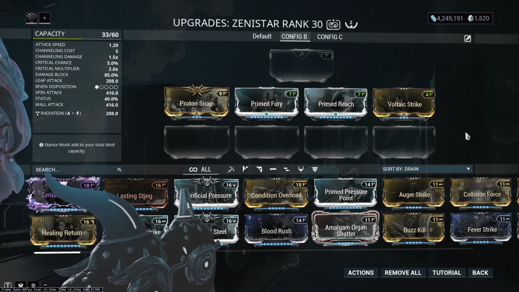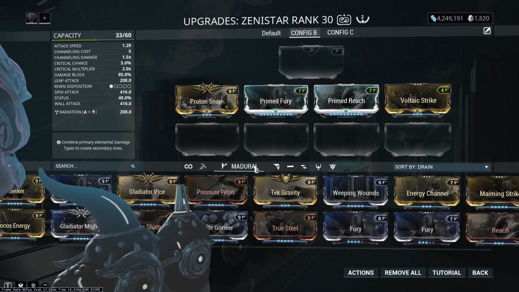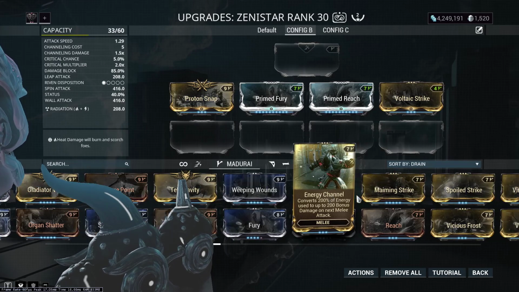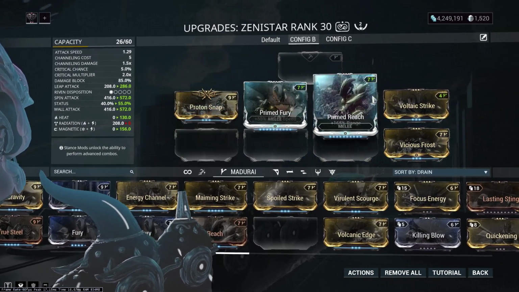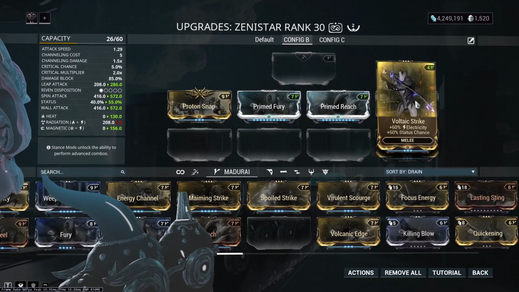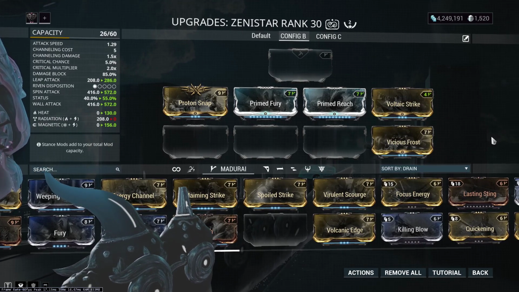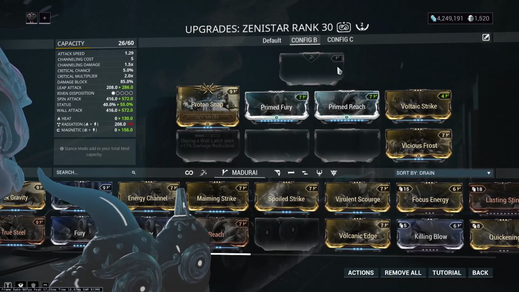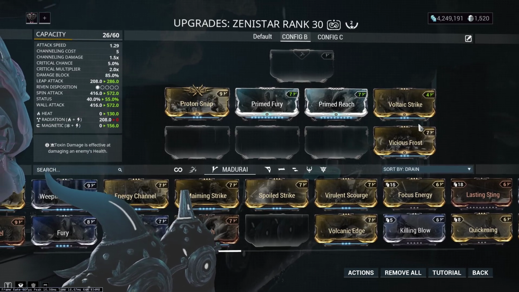Maybe I need something more. Oh, you know what? Let's add a cold to this. That should help with the test. This way, it should be magnetic heat, and then if it works the way I think it does, then the Proton Snap's buff gets added to the end, so it should be ninth and heat is tenth, so it should be magnetic